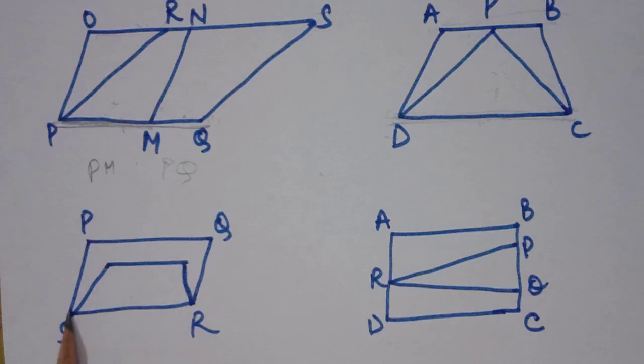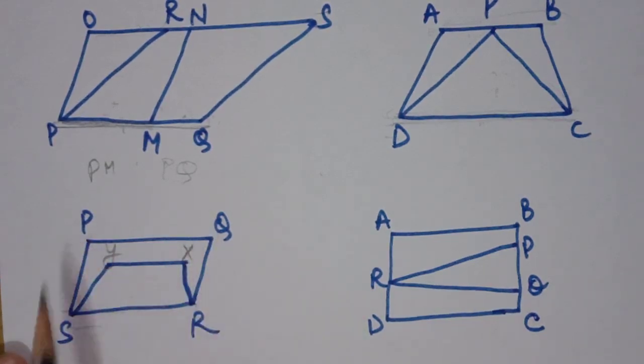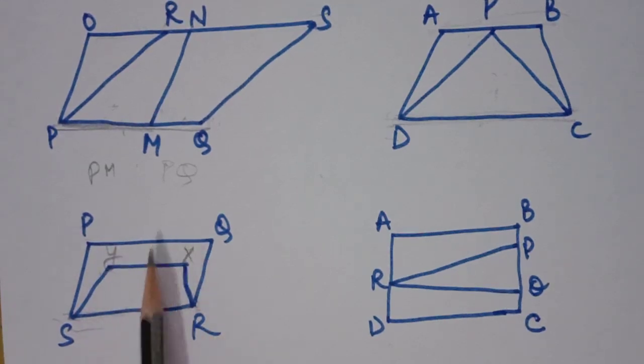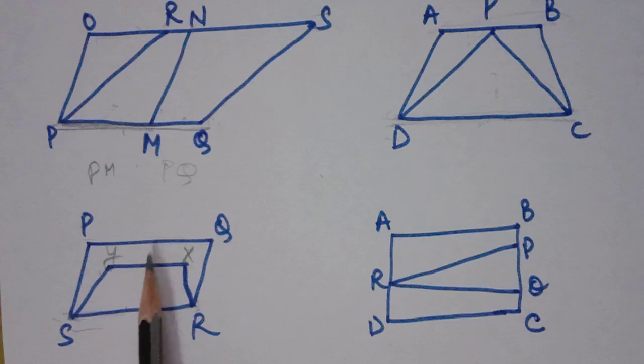In the third diagram, we have a common base SR. In this diagram, PQRS and SRXY, both quadrilaterals, have a common base SR, but parallel lines are not there because these two figures are upward and downward to each other. They are not touching each other. It means they are not lying between parallels. So students, in this diagram we have only a common base, parallels are not there. So this diagram does not follow this concept.